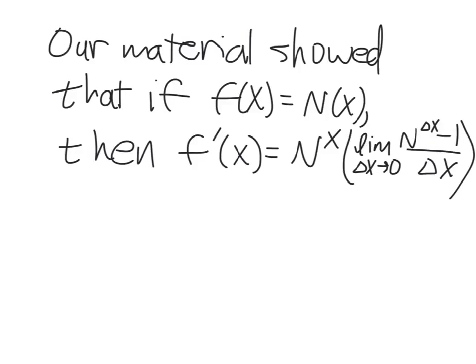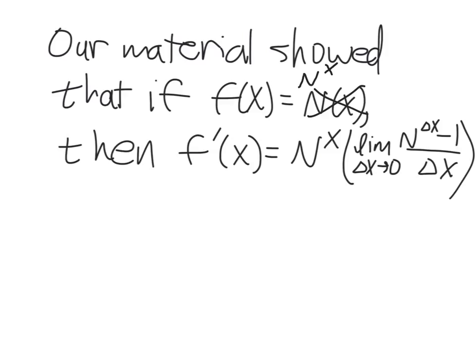Today we're going to look at a little different way to explain the derivative of an exponential. And I've already made a mistake here, and I can't erase that. I don't know why. This should be n to the x. So if we have a function, say 2 to the x or 10 to the x, then, well, our material